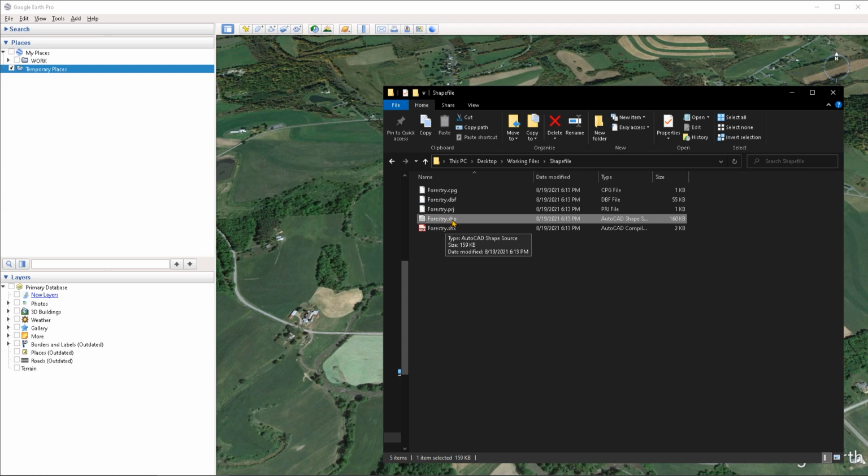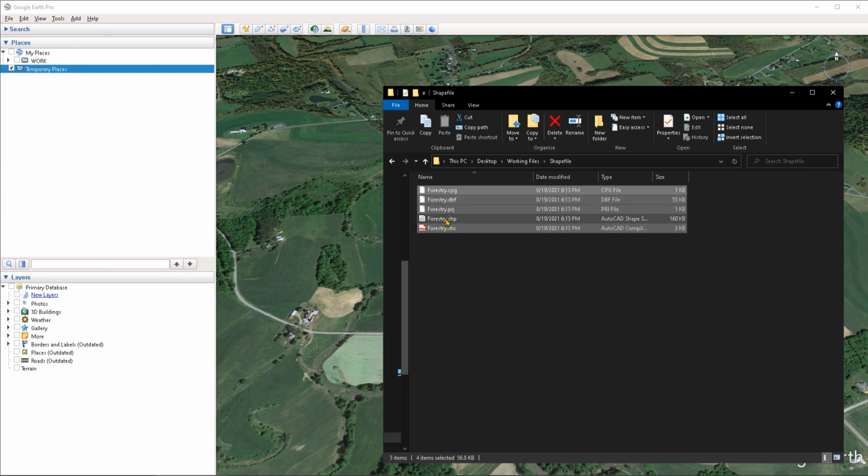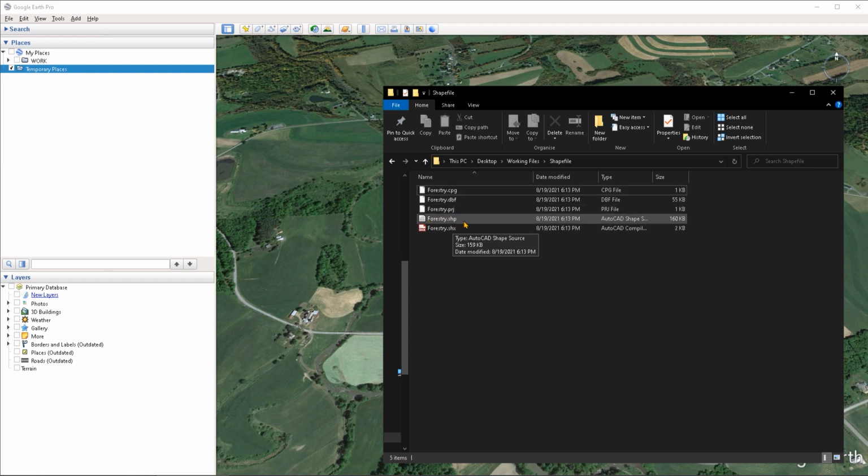Now, notice that this shapefile comes with a few complementary files. So the .shp file is the main file, and all of these other 4 files are complementary to this .shp main file. It's very important to remember to always keep all of these files together with the main file. If you move the main file somewhere else without moving all of these other files with it, then when you try to open it in Google Earth or in any other GIS application, they're not going to be able to open it